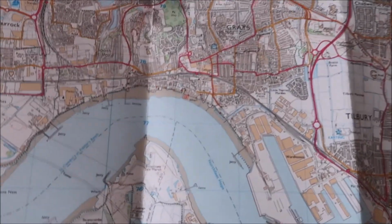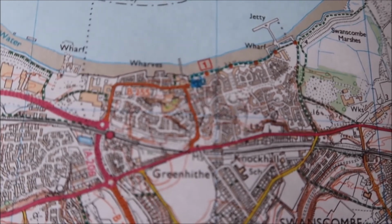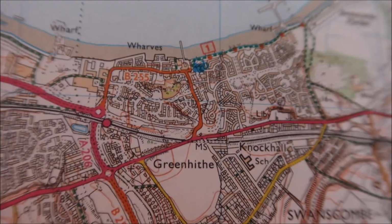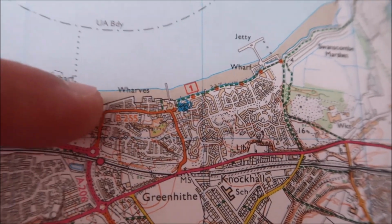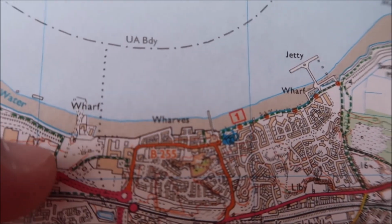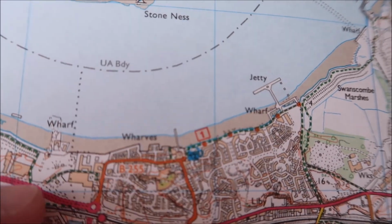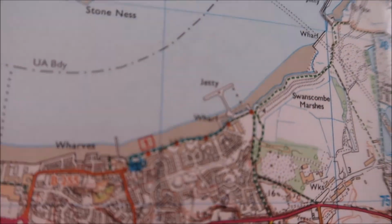Rightio, so let's have a quick look at the map and where we are going to be going today. We are, of course, going to be starting where we ended off last time, if the camera will focus. There we go. At Greenhithe Station. We then follow up this little road from the roundabout to the edge of the Thames. Last time we came down this little green road next to my finger here, and we had to, because you can't walk across that bit. You have to go around. And we're going to walk all the way along the coastline of